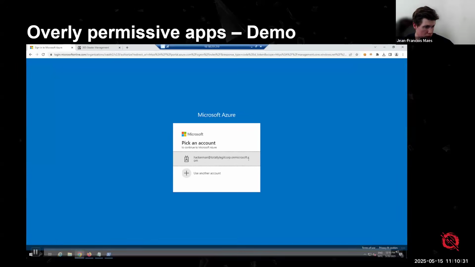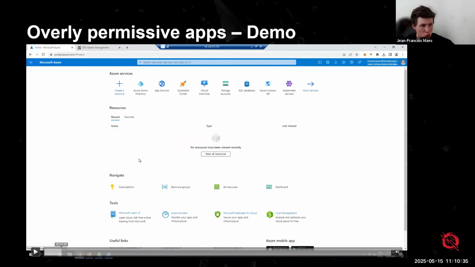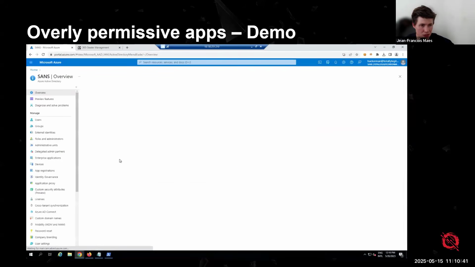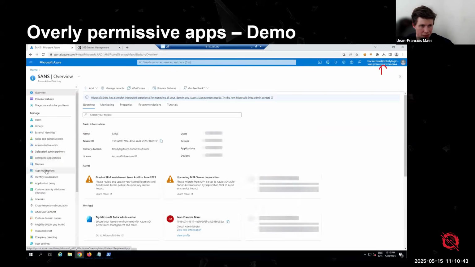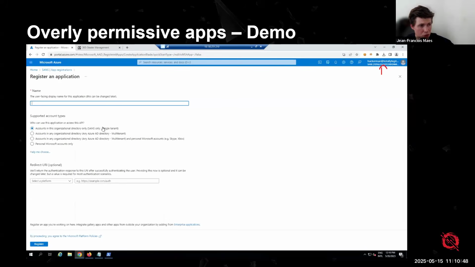So let me see if I can run this real quick. The first thing that I'm going to do is log in on my own tenant, right? You can see that right here. We have this Hackerman tenant, the Totally Legit Corp. And you're going to see that I'm creating a new application. I once again am calling it something totally obvious.